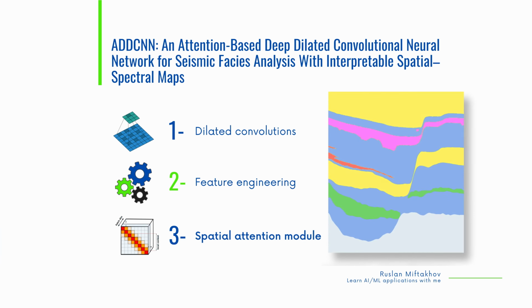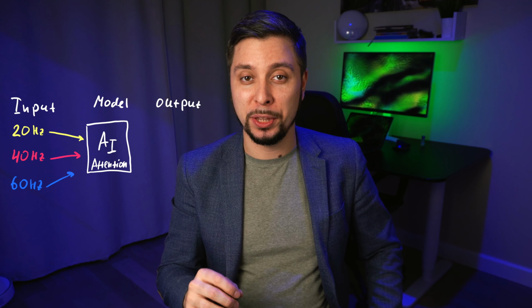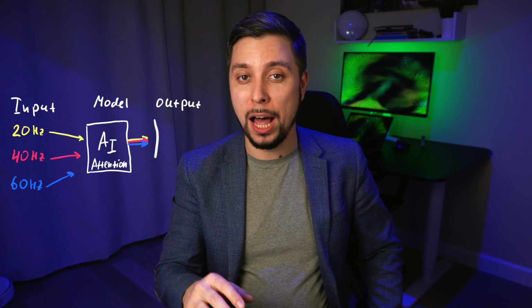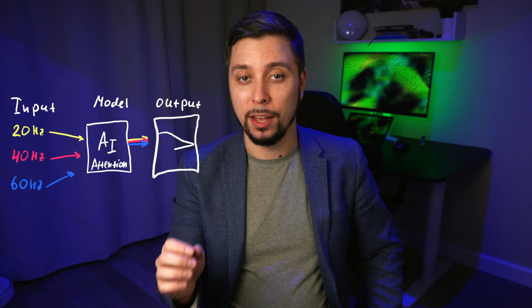The next step is to explain how neural networks work by incorporating spatial attention modules in the architecture. The attention modules draw attention to relevant regions that are important for the prediction. Including such modules in the facies segmentation architecture would allow observing attention maps that highlight the seismic image regions contributing to the facies segmentation task. Alright, let's see the results.